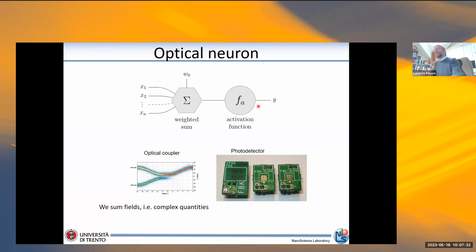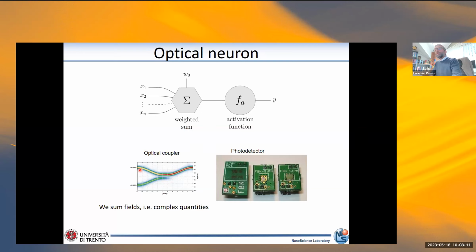In optics, we can do the activation, the nonlinear transformation, very simply. We take the electric field that is input into the photonic circuit, and then by simply measuring the intensity, so we square the electric field. That means we have this nonlinear activation function that allows us to achieve the desired output. A critical ingredient here is the way we do the weighted sum, and the idea is simply to use optical interference.